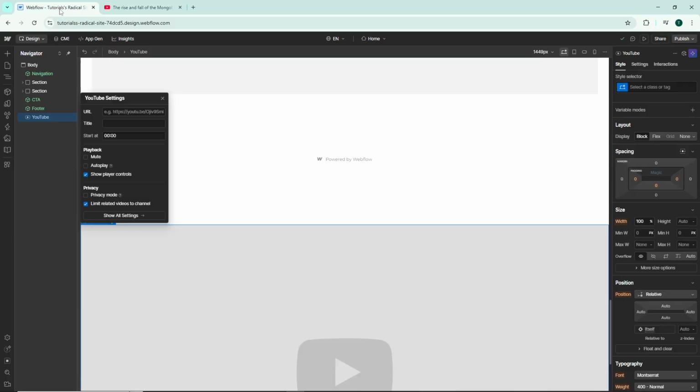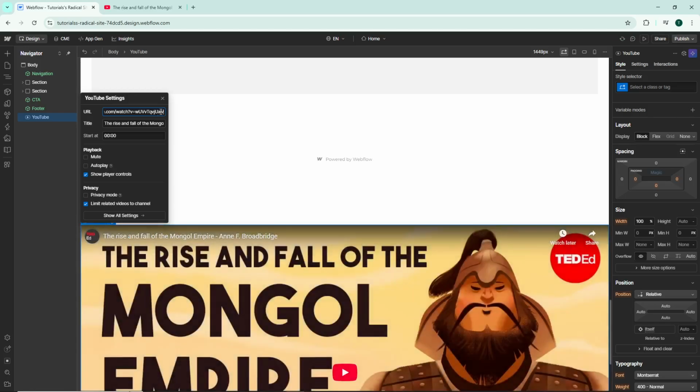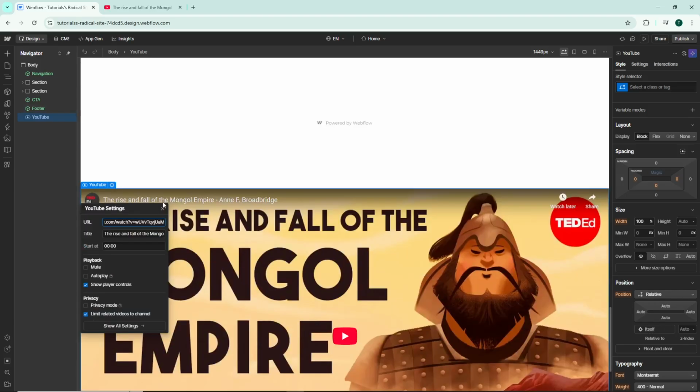Switch back to the Webflow editor and locate the URL field in the YouTube element settings. Paste the link you just copied into this field and press Enter on your keyboard. This is a crucial step to enable the video to load immediately on your canvas. You'll see the video appear right there in your editor, giving you a preview of how it will look on